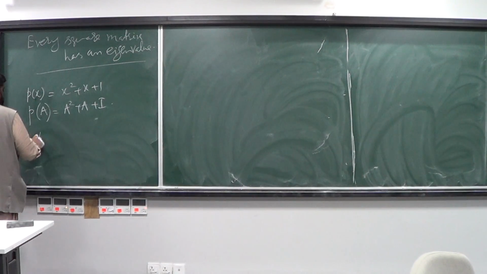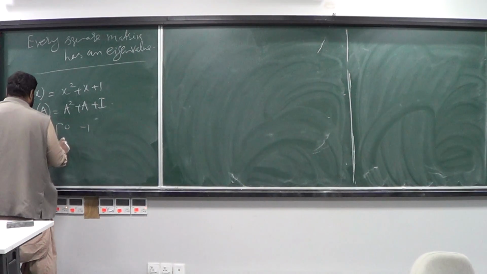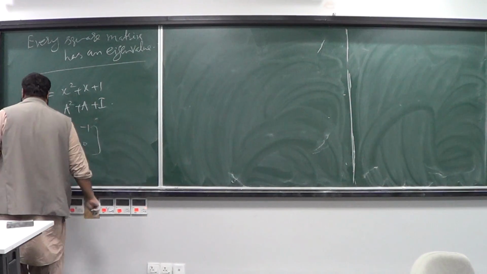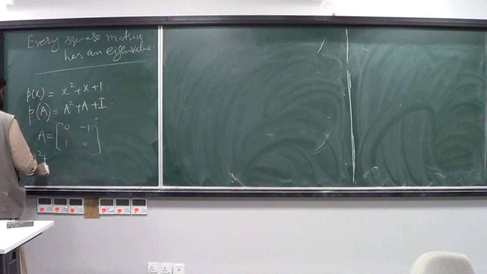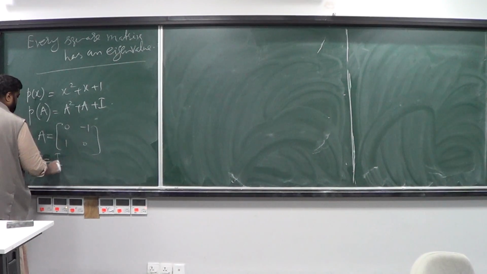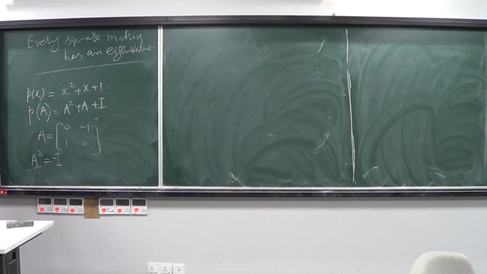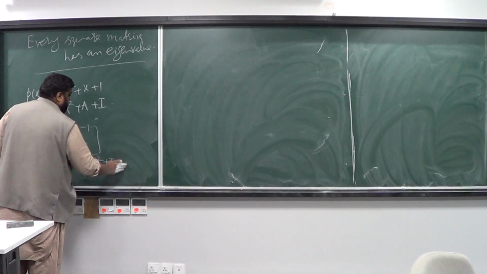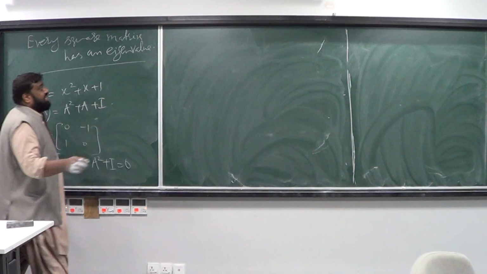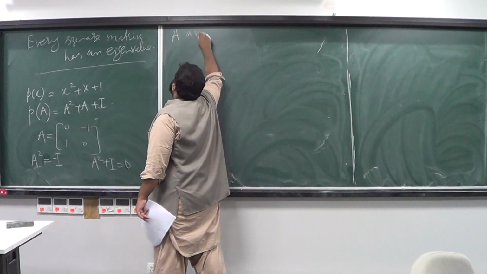For example, if I take say a matrix A, okay, which is 0, minus 1, 1 and 0, then what we can show is that the square of this matrix is minus I, the second order 2 by 2 identity matrix. So what does this show? That A squared plus I is a 0 matrix. So I can say that this matrix A annihilates,